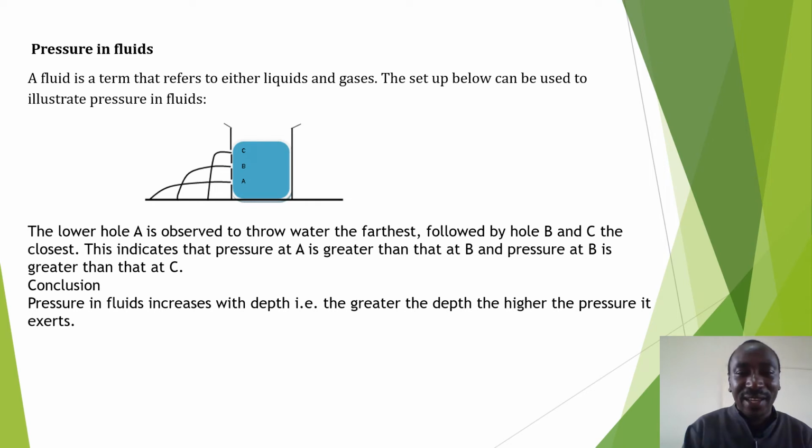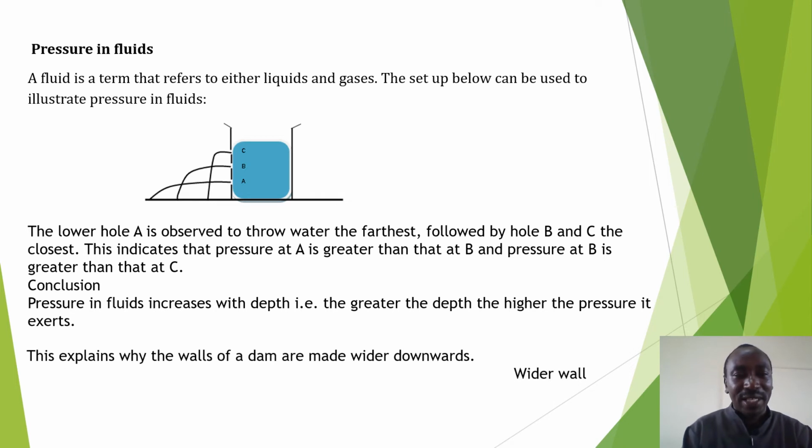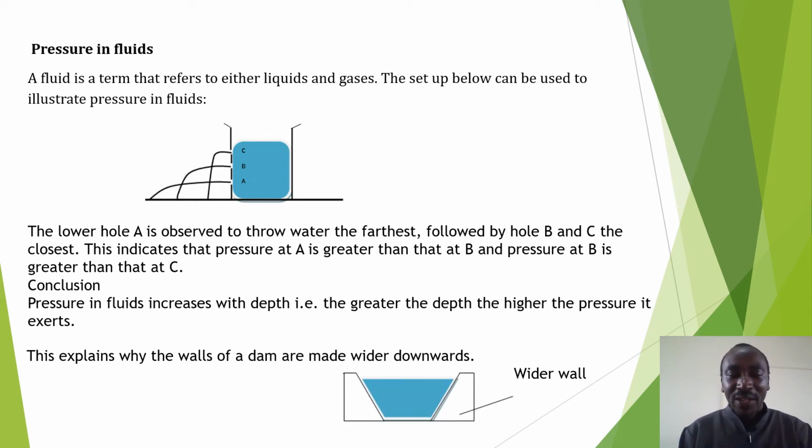So that is one of the factors that affects pressure in fluids, that is the depth or the height of the container of the liquid. So this explains why the walls of the dam are made wider downwards. You can see the dam here. At the top the wall is not as wide as at the bottom, because at the bottom there is more pressure, so it needs wider walls to be able to overcome the pressure, to avoid the breakage or